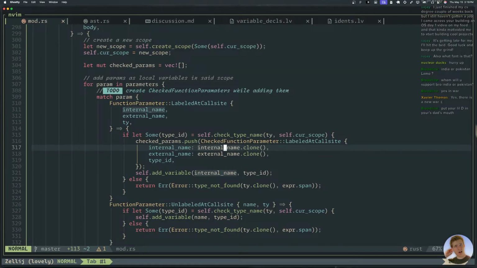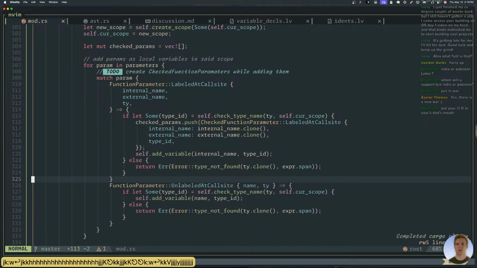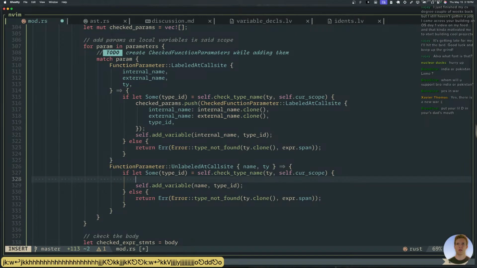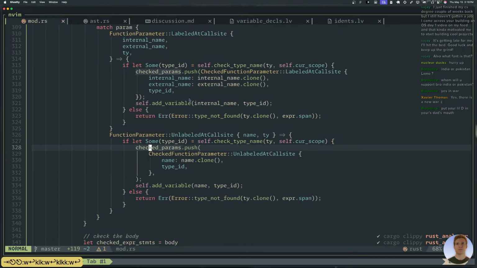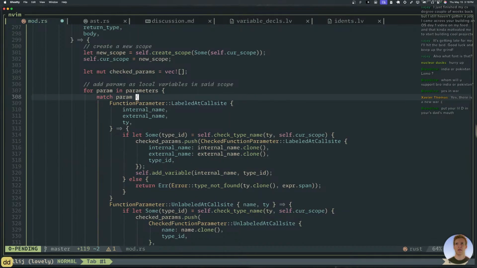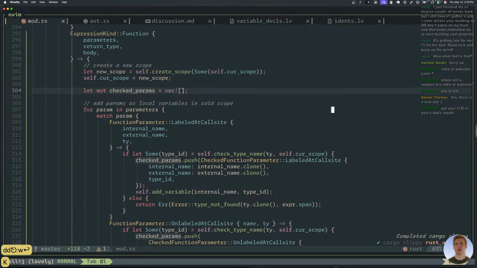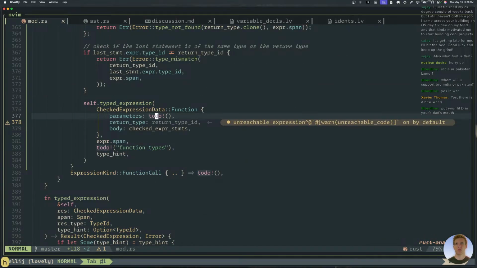I'm literally trying to make a copy, so I think I have to there. And then the type ID. Perfect. And then we do the same thing here. Well, similar thing here. Cool, so we get those two. So now we have checked params, and we can use that here for parameters.